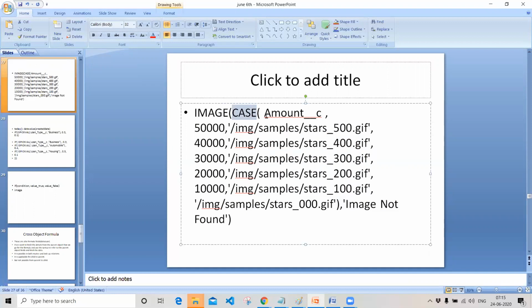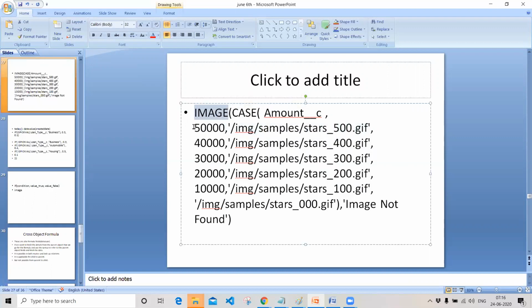Since it is a CASE, it takes the amount field, checks the value in the field, and based on this value it returns an image text. And using IMAGE as a function, as a formula, it converts this text into an image.